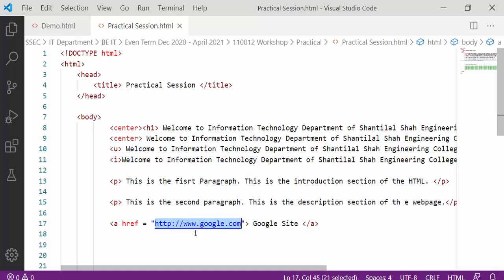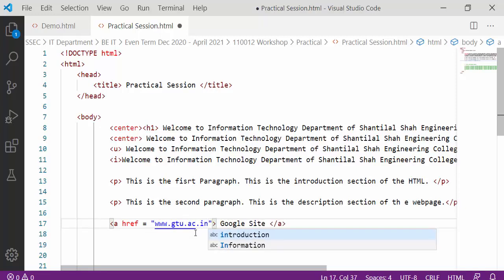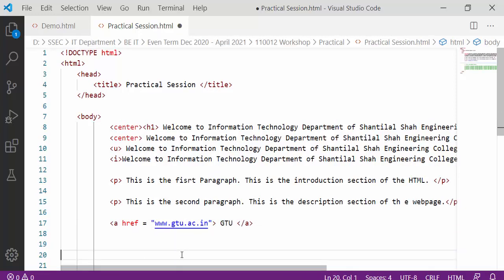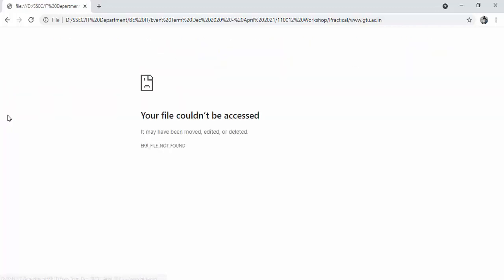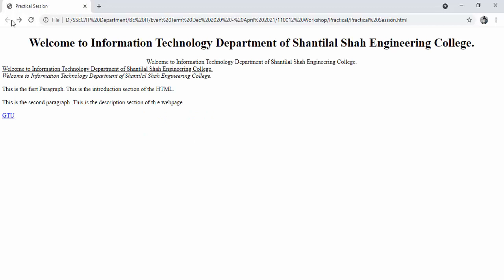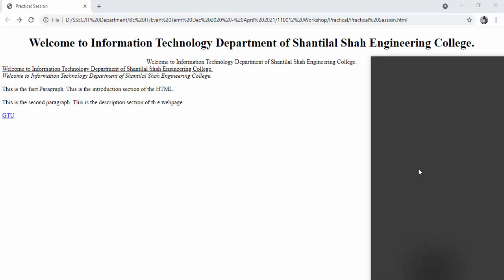Say, for example, if I am writing www.gtu.ac.in, here I am just writing GTU. I am saving this, then going to the web page. Then here you can see, and it will go to GTU, but right now the internet is turned off.